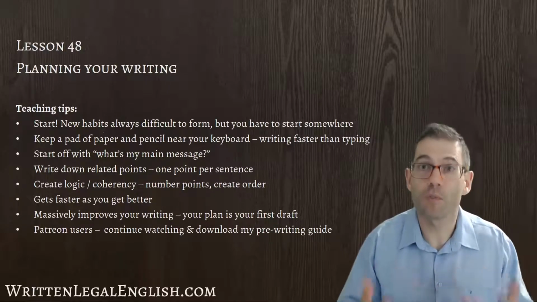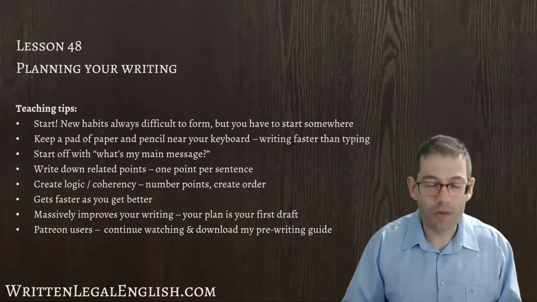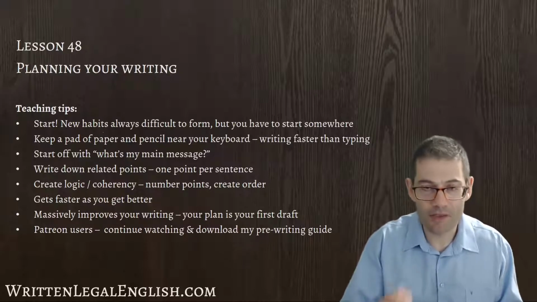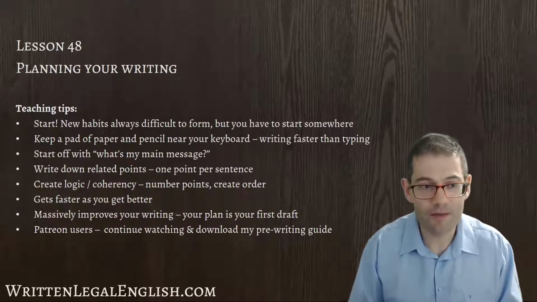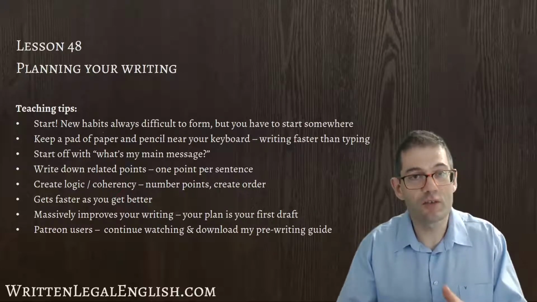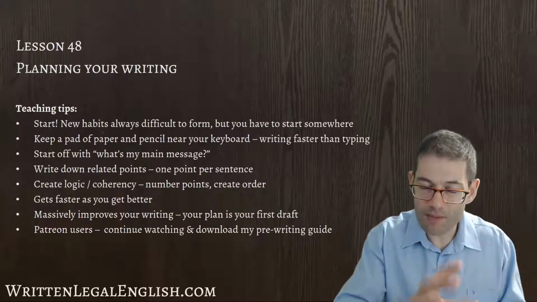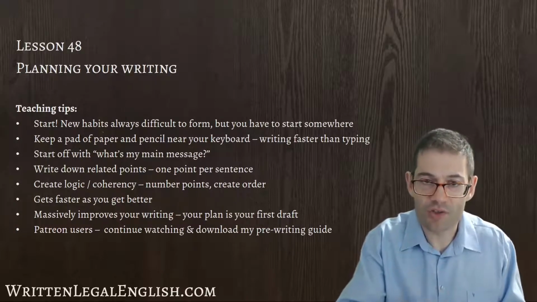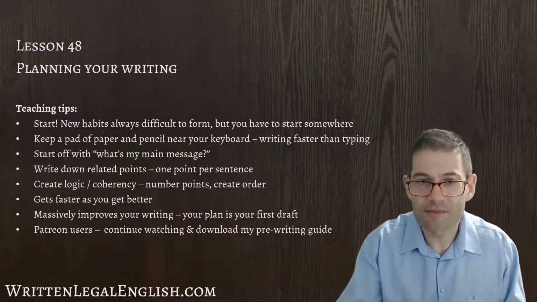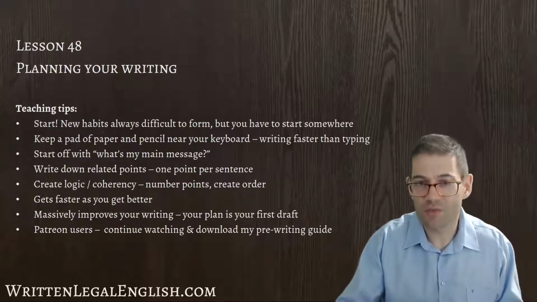So start off with what's my main message, okay? Take a deep breath, just think, what am I trying to communicate? Okay, what's that main message that has got to be understood? Write that down on a piece of paper. Then start coming up with all associated or supporting points and think, going back to that lesson right at the beginning of the course about sentence structure, I think it was lesson number 9, 1 point per sentence, okay? Just write down 1 message per sentence.